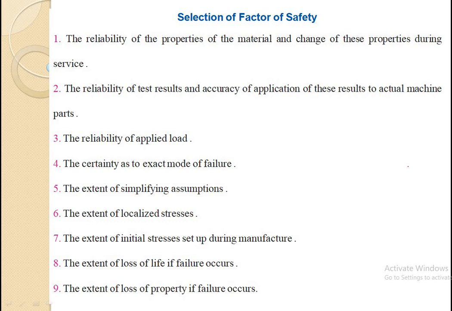Now these considerations for the selection of the factor of safety are: the first consideration is the reliability of the properties of the material. Means what? Suppose you have considered a single element. Take the example of mild steel. If that material is made up of mild steel, and if we want